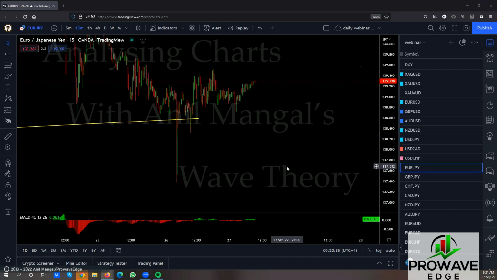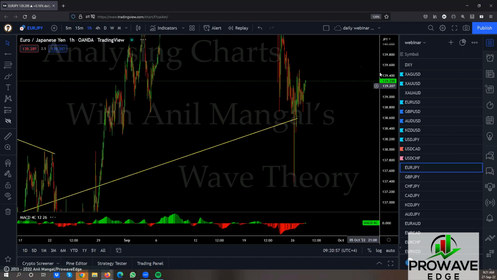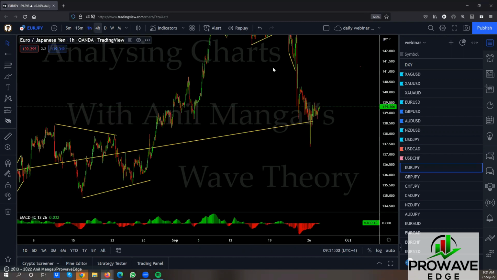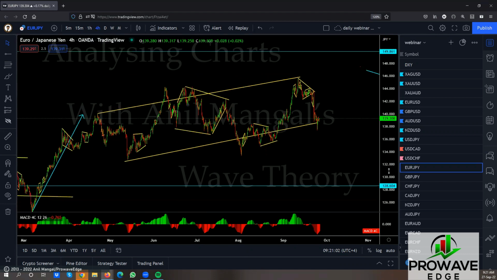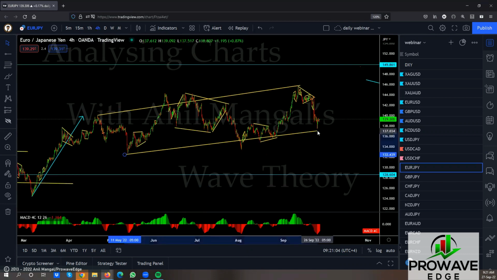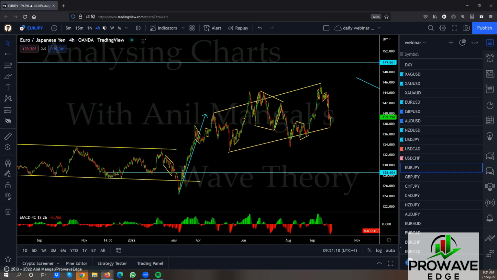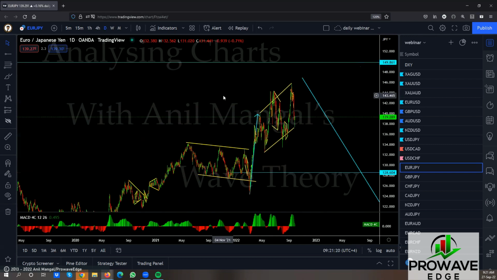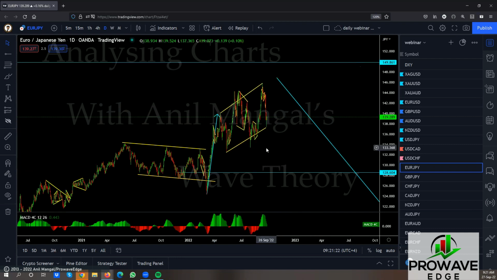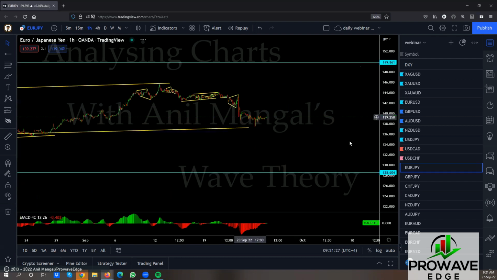Euro-yen. Okay, let's see the big picture. Go back to the 4 hour. So we can assume that this is the running flat. I think we can go with that because you have this big correction in the middle. You have this and you have that. So I'll take this out. We were already assuming that it was a running flat from here, but then it dropped one more. Let's see if this could still be the running flat to the upside. Yeah, I still believe we can make one more up. And I don't see this as total downside, but if that starts to become the total downside, we'll go with it. Let's go to 1 hour and see now.